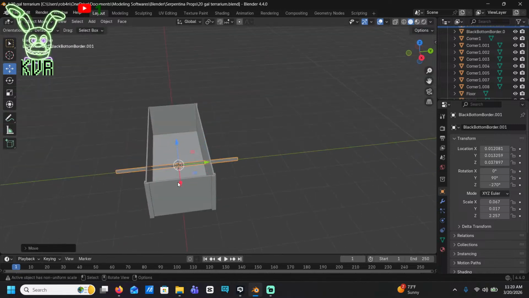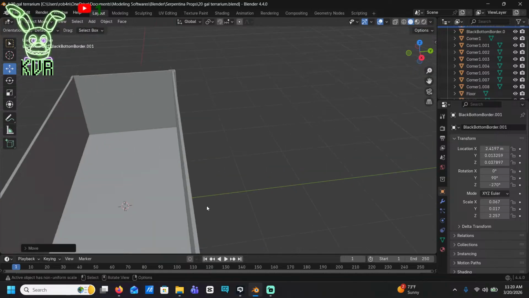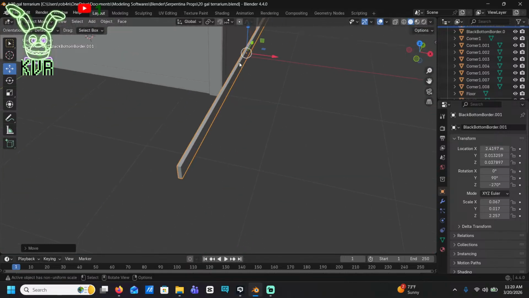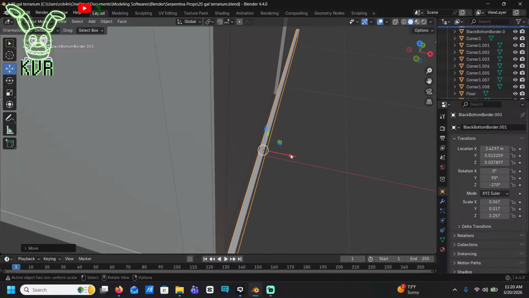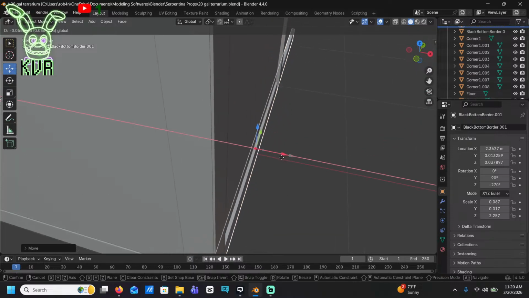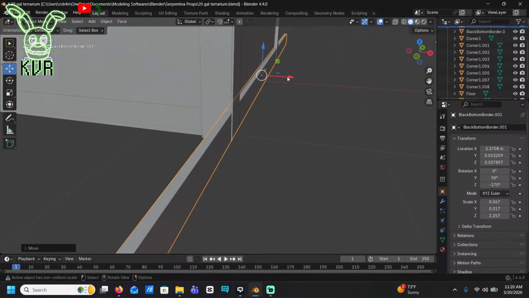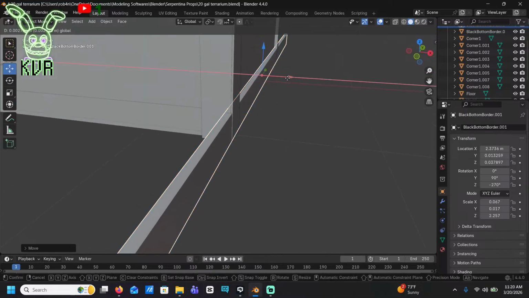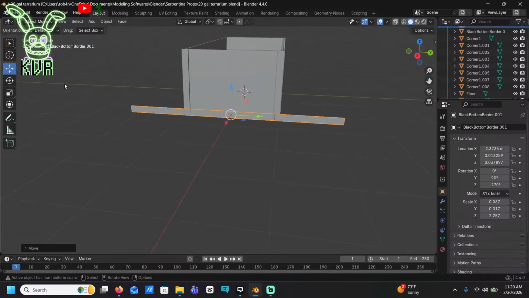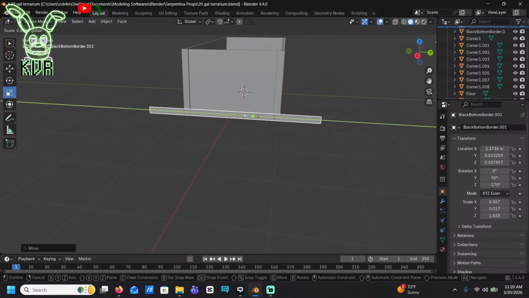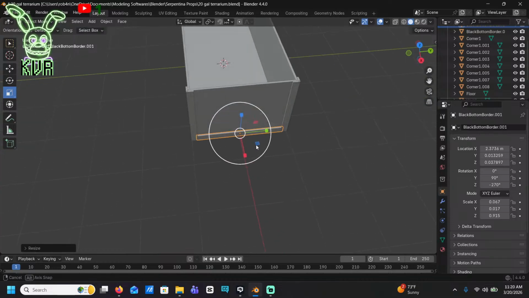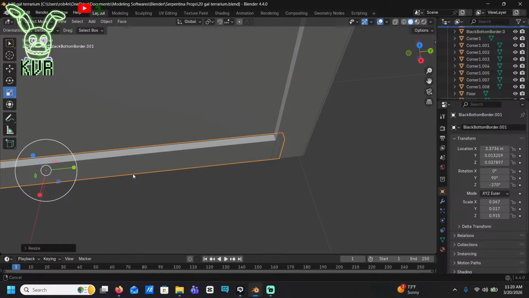It's a miracle. There we go. Whee! That was remarkably close to centered, actually.